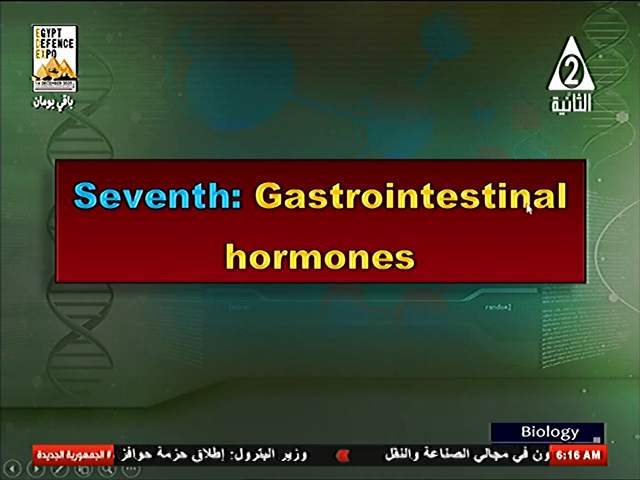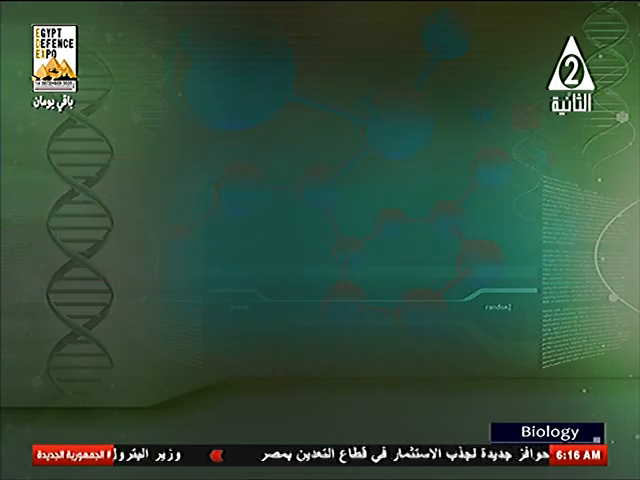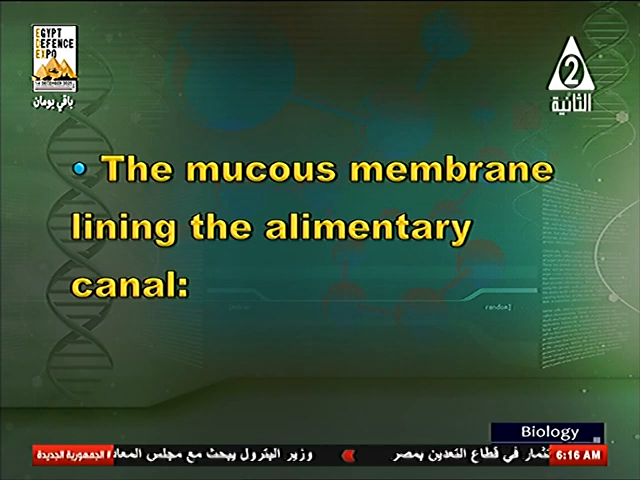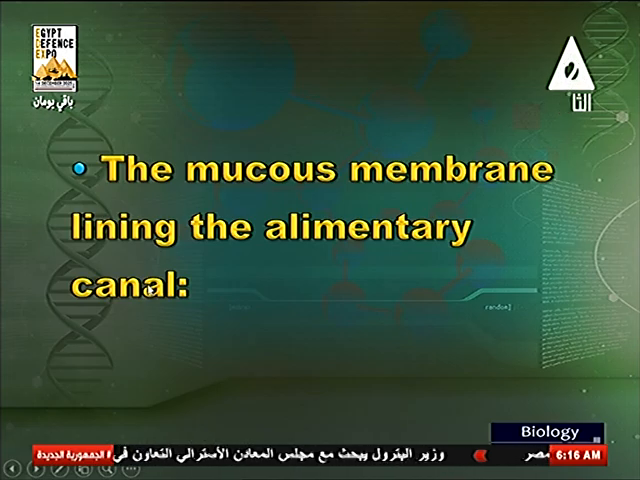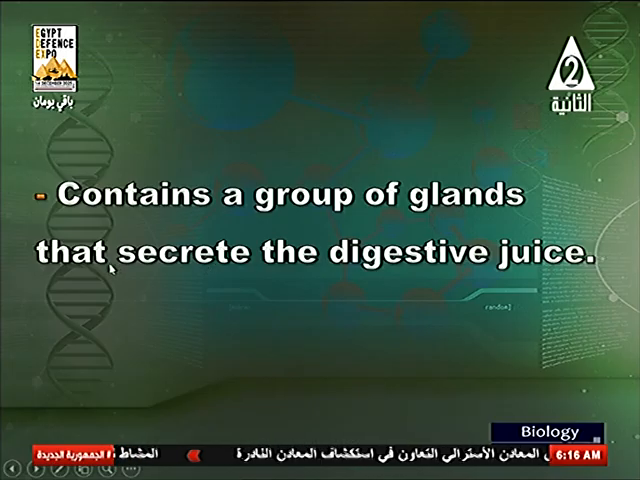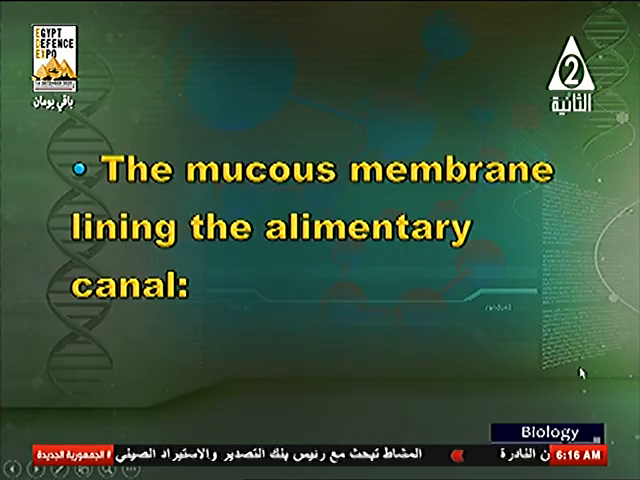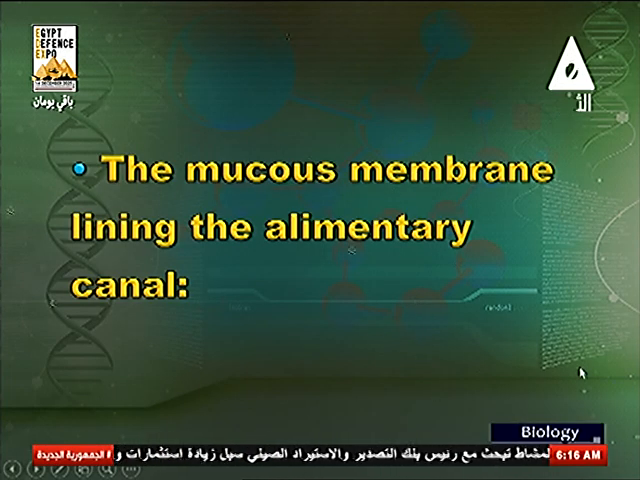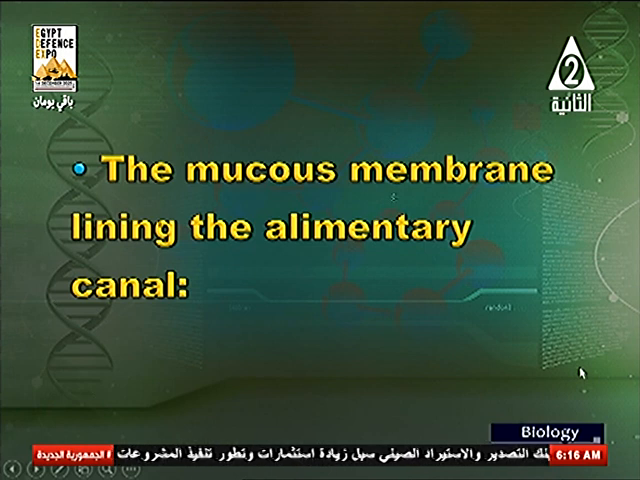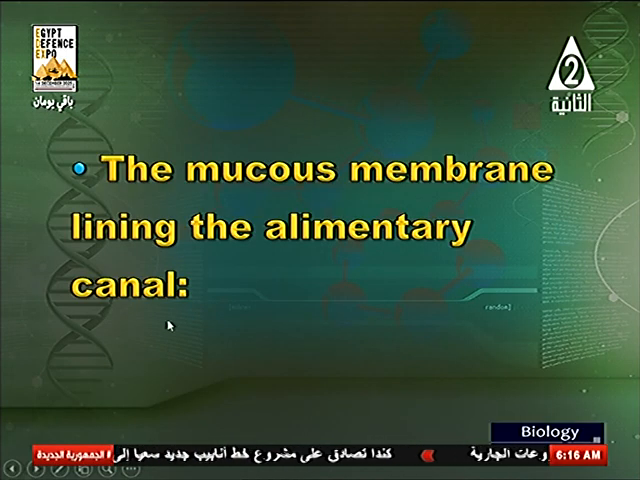Seventh, gastrointestinal hormones. This is the seventh type of endocrine hormones in our bodies. The mucous membrane lining of the alimentary canal contains a group of glands that secrete digestive juice. We studied last year that digestion ends in the small intestine. Why? Because the mucous membrane lining the alimentary canal in the small intestine contains a number of groups